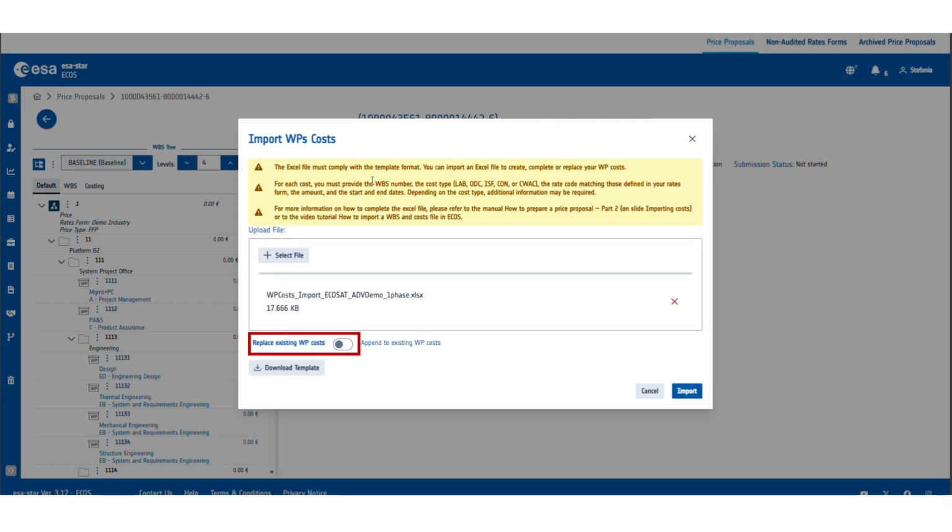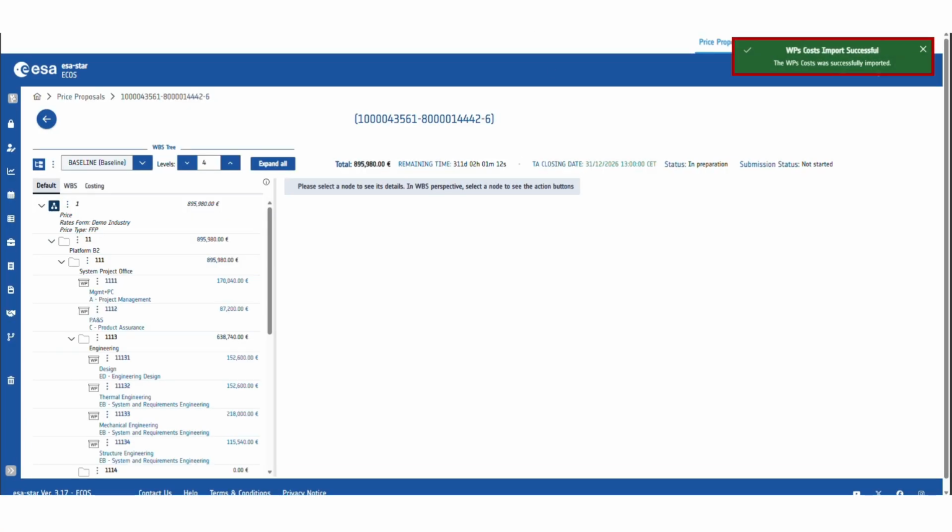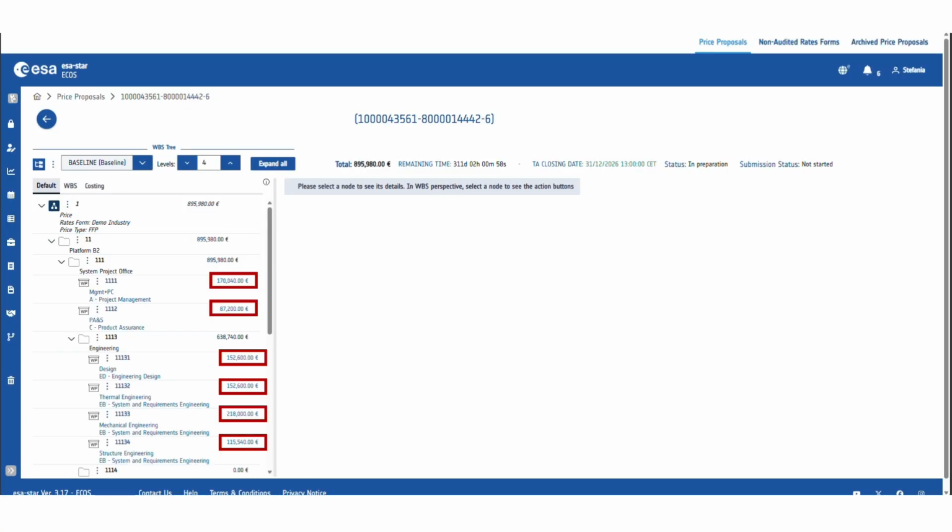Choose whether to replace existing costs, overwriting any that are already present, or to append new costs. Then click on Import. Your costs are now uploaded, and you can review both individual WP totals and the overall